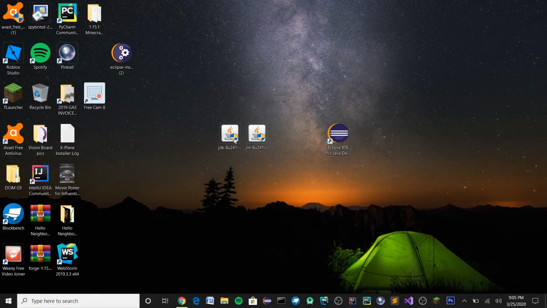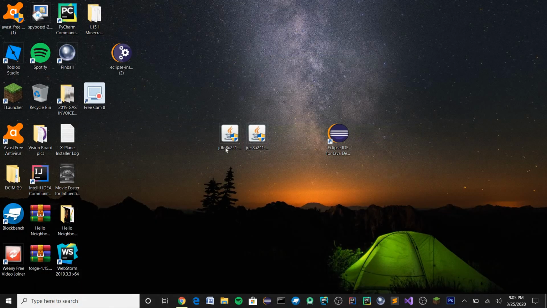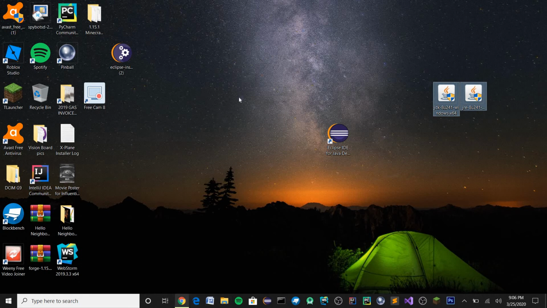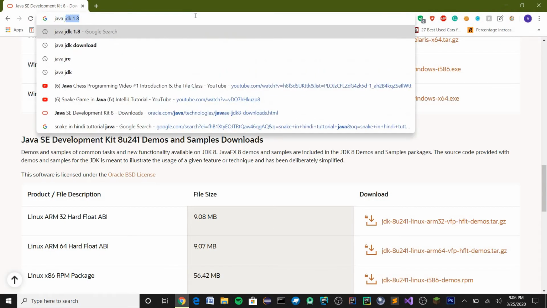I've already downloaded it, so it's right over here. After you download it, it's going to show here, and just bring this to your desktop, double click, and it will come up with an installer that you need to press next, and it will install for you. Just don't recycle the installer just yet, just keep it on your desktop. Next, when you have finished installing Java JDK, go over here and type in Java JRE